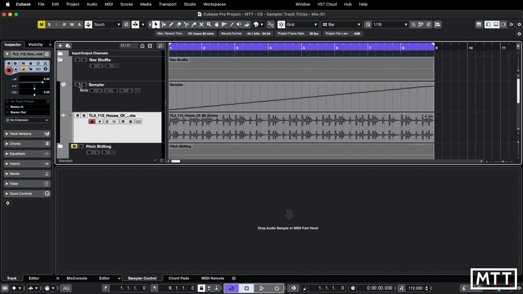So the first technique I want to cover is what I've called reverse shuffle. So this is combining two elements of the sampler track. So we're slicing the sample up and then we're reversing each one of those slices, and you get a kind of electro-y reverse effect, but it's not as straightforward as just putting something reverse on there because each individual slice